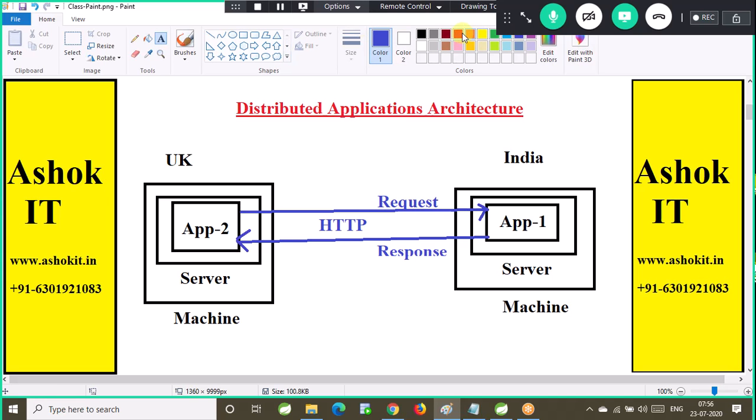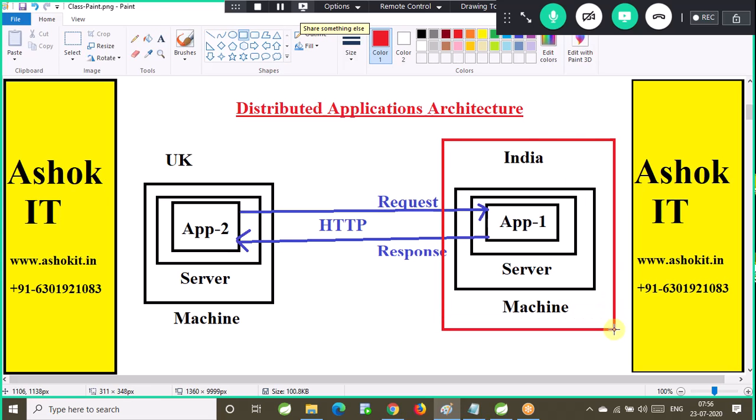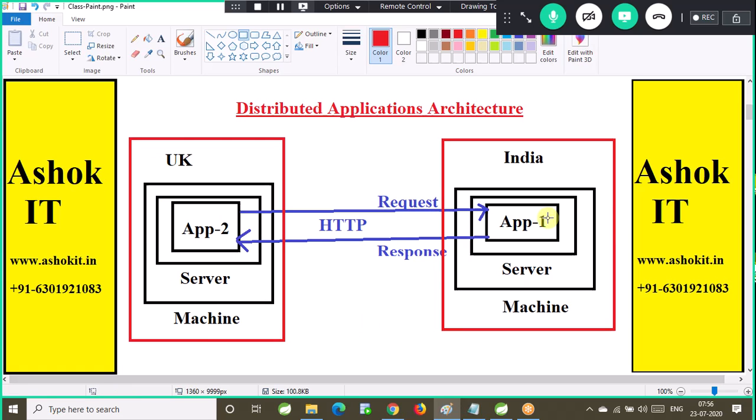Now here this is called my resource application. This is called my client application. So one REST resource, one REST API is available in application 1. That REST API is going to be accessed by another application, which is application 2. Application 2 plays the role of the client. Application 1 plays the role of the resource, REST API, web service. Application 1 exposed one web service or RESTful service that is going to be accessed by application 2.